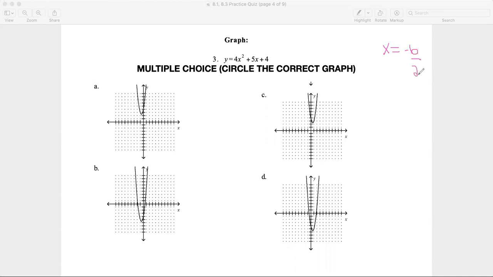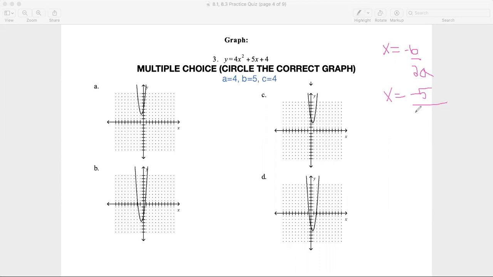Okay, and now what I'm going to do is I'm also going to label my A, B's, and C's. You guys know I'm so bad at messing up my A, B's, and C's. So A is 4, B is 5, C is 4. Okay. So my line of symmetry would be x equals negative 5